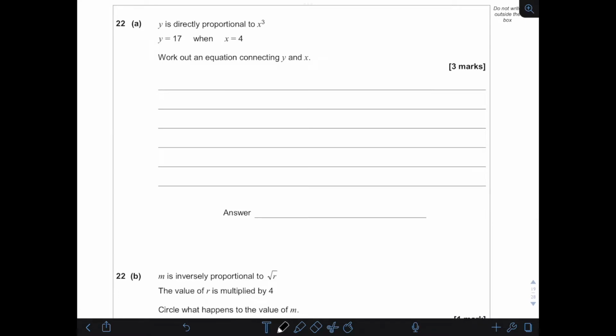Right, so now y is directly proportional to x cubed. It helps to draw it out. And then y is 17 while x is 4. Okay, so y is equal to n lots of x cubed, n lots of x cubed plus m. And we know that y is 17 when x is 4, so 4 to the cube